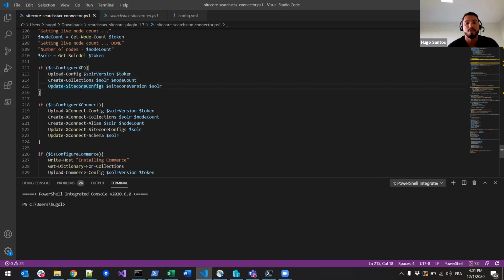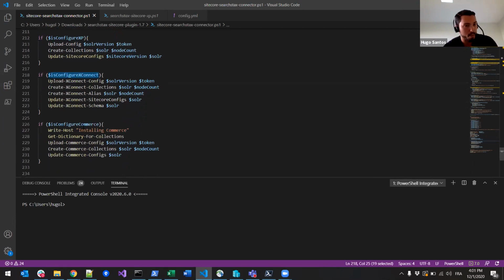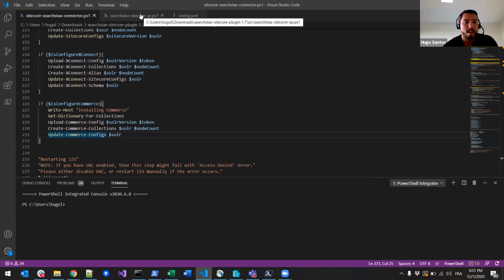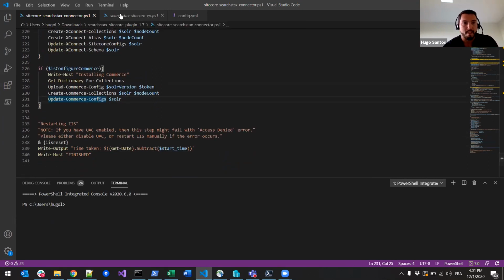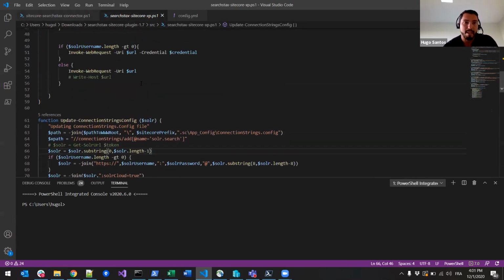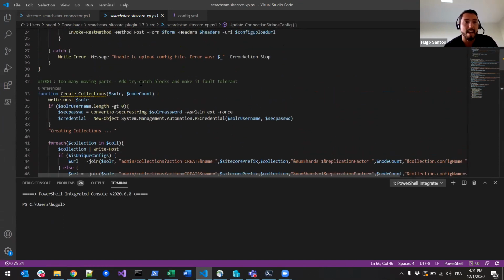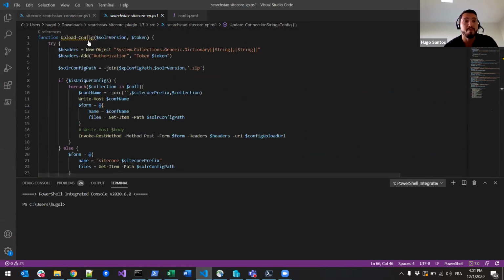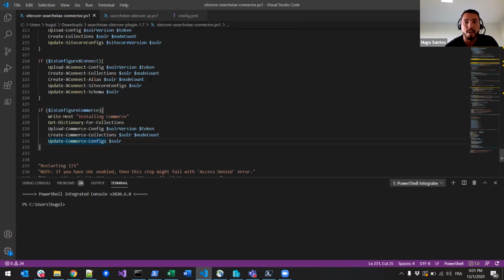So you don't need to worry about that. And then they change the configurations, which in our case for 9.3 is basically changing the web config and the connection string. But if you're using Xconnect or even Commerce, it's going to be a little bit more complex, but don't worry, they will do that for you. If you want to play with it, you can, because the PowerShell is open. So if you want to get really fancy, or if you need something that's not here, I will give you